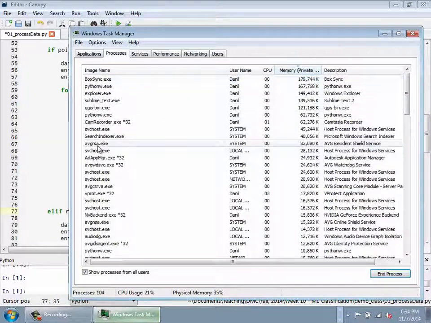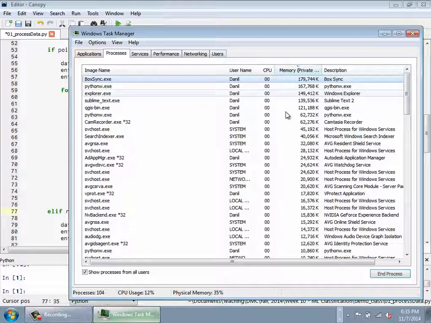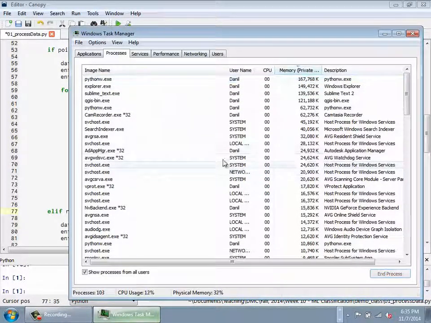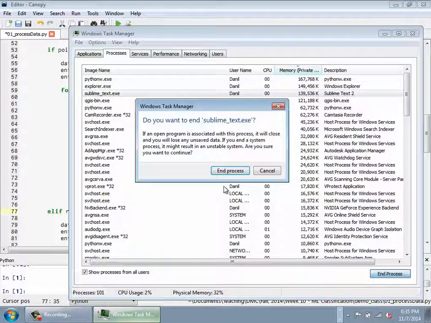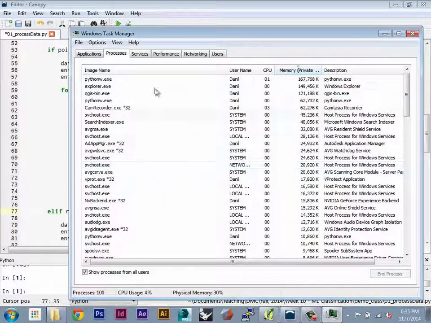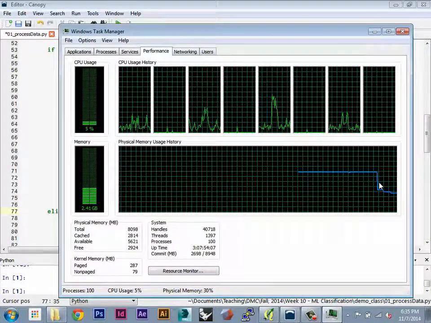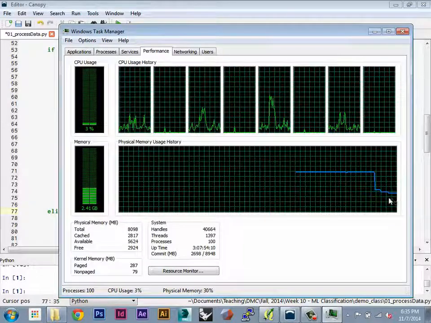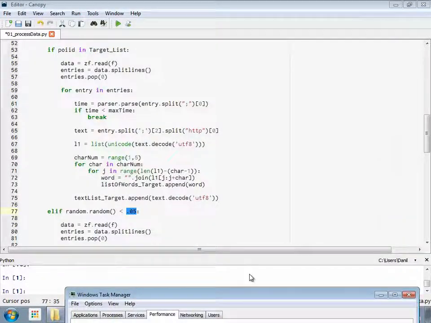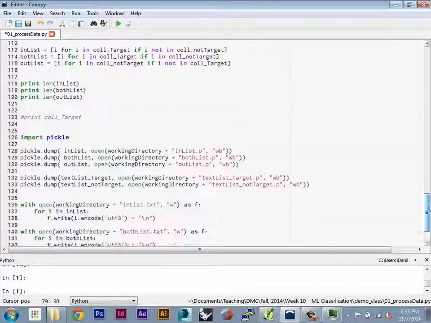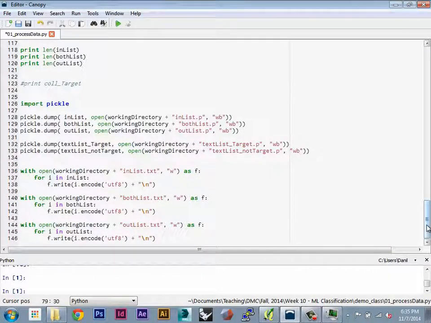You don't want to end any process that you don't know what it is, because it can disrupt your system. Here, Box Sync, I can close. Explorer you want to keep. Python, this is actually Canopy running, so you want to keep that. I can close a few of these, like Sublime Text. Now if I go back to performance, you see that just closing those few processes cleared a lot of my RAM. So now I'm going to run this script